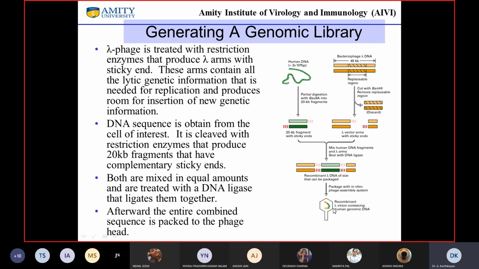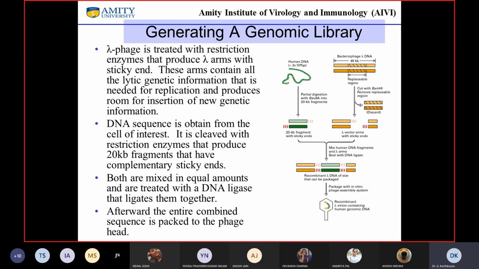So now you have a recombinant lambda virion, okay. Now instead of carrying this replaceable region, it now carries the human genome, okay. And so this is called packaging. So the commercial companies, these are all available commercially, okay. All you need to do is send it out as a lambda packaging extract.